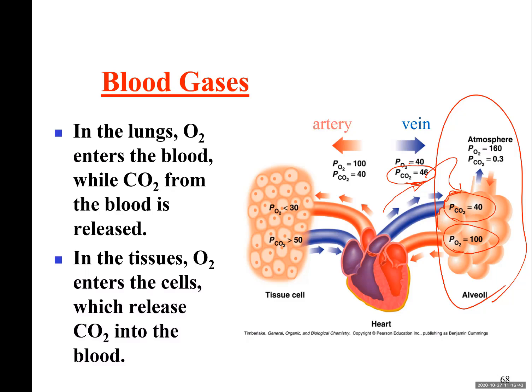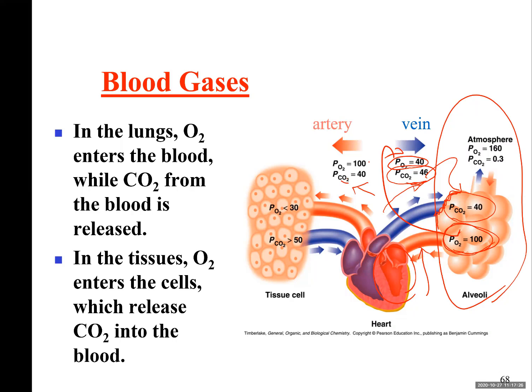And look at the pressure of oxygen, dissolved oxygen in our vein, 40 millimeter of mercury, pressure of the oxygen inside alveoli 100. So when these are in contact together, oxygen is going to move from higher pressure to lower pressure. And carbon dioxide is going to move out from our vein into the alveoli. So the result is now you have oxygen-enriched blood going by the heart, pushing by the heart into our veins.